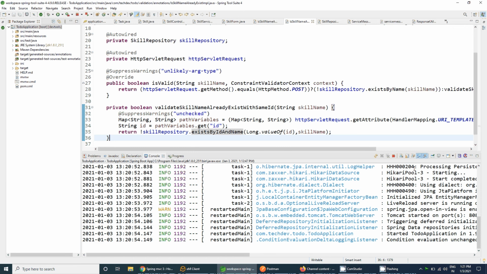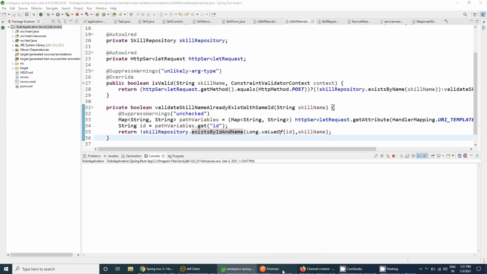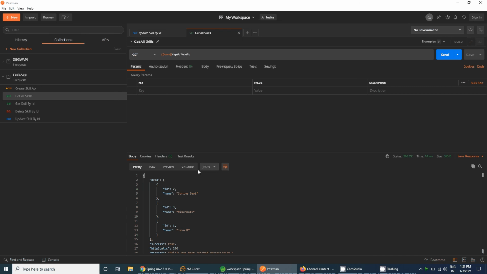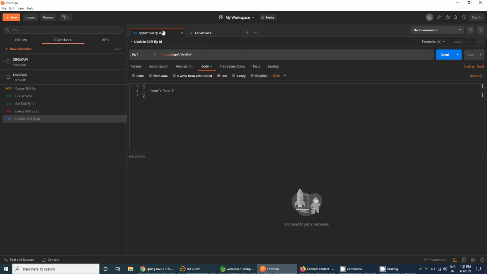Let's check. Let's go to our Postman. We have Java 8 at ID 1, Hibernate at ID 3, and Spring Boot at ID 2. What we need to do is update ID 1 with Java 11.